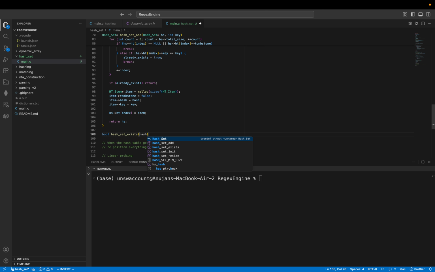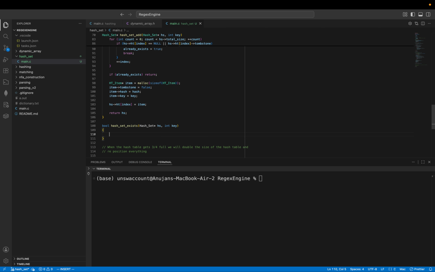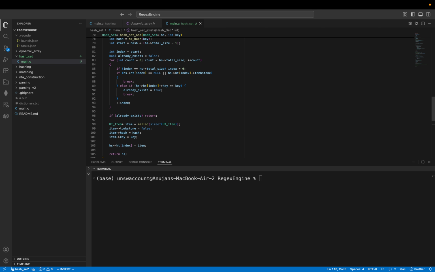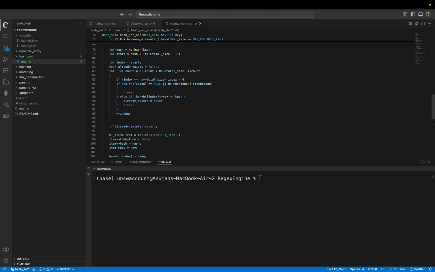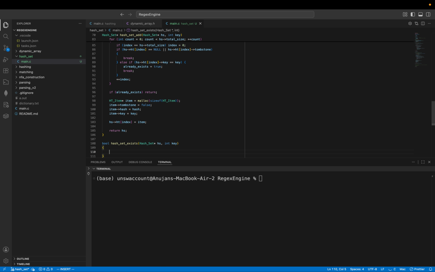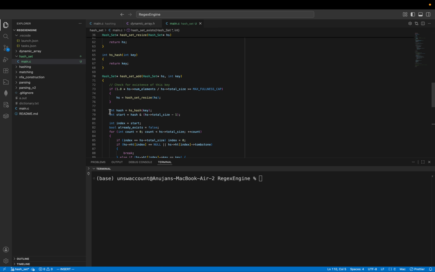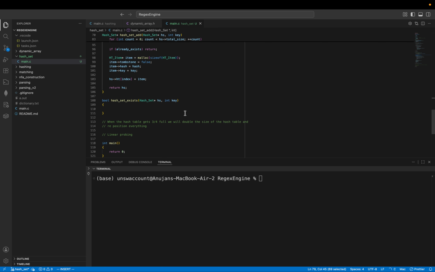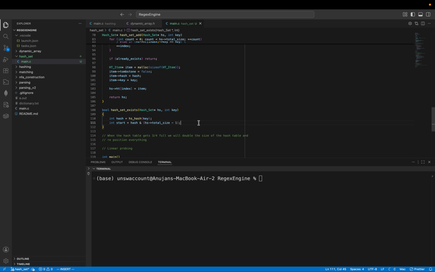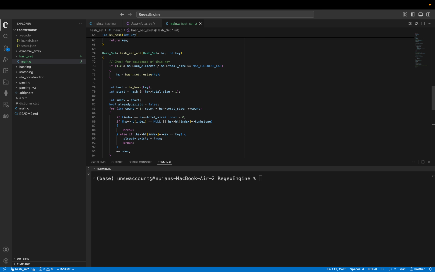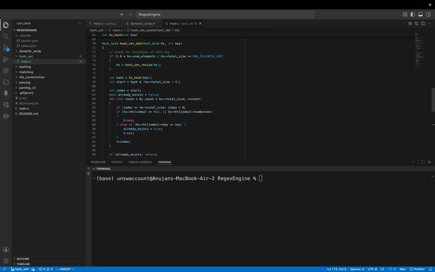So given a particular hash set and given a particular key, the start is exactly the same. The fact that I'm copying and pasting indicates that maybe I could be a bit less redundant. In fact, this for loop will also be very similar. I'll write it out, but